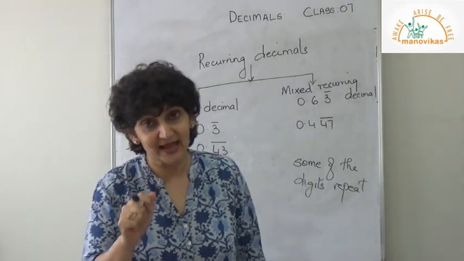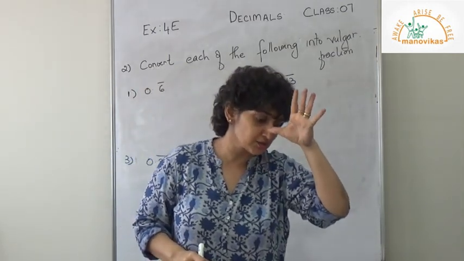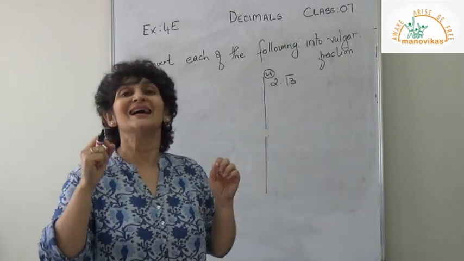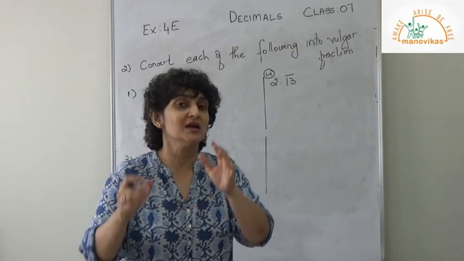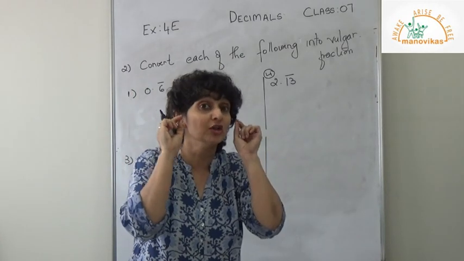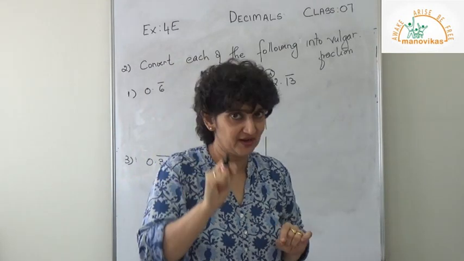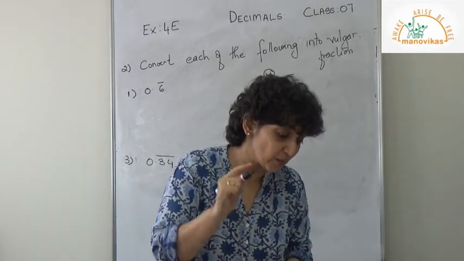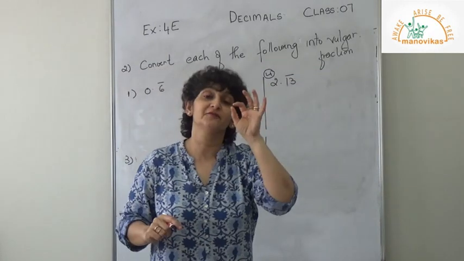Let's work out some examples in this. From your exercise 4E, I'm not going to do question 1 because children, that's simple. You know how to divide into, express each of the following as a recurring decimal. You know how to do, but be careful. I have told you that the denominator always is outside of your division and your numerator goes inside. That is your dividend. Please remember. Don't make that mistake.